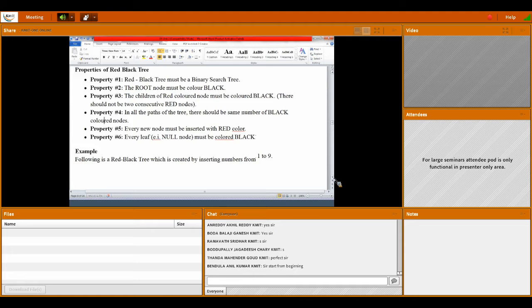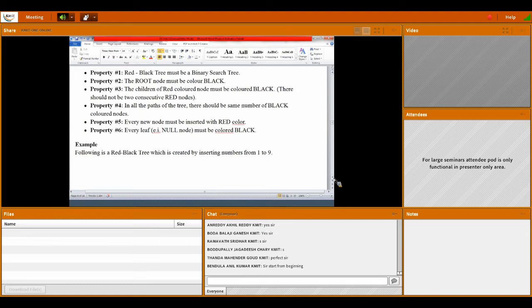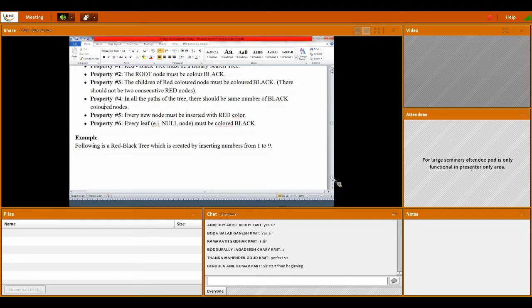The fifth property is every node being inserted, that new node must be inserted with red color. So you have to insert the elements with a red color only. And every leaf node, that is the null node, should be colored black. So these all are the properties.